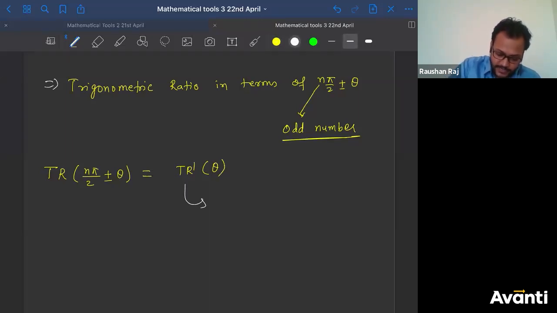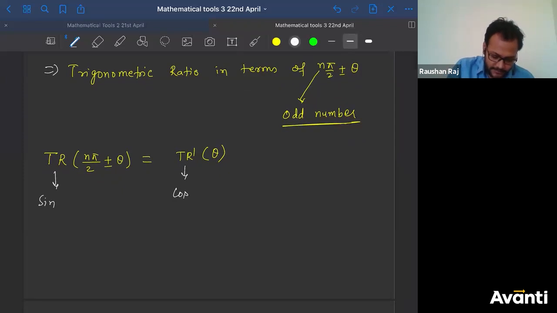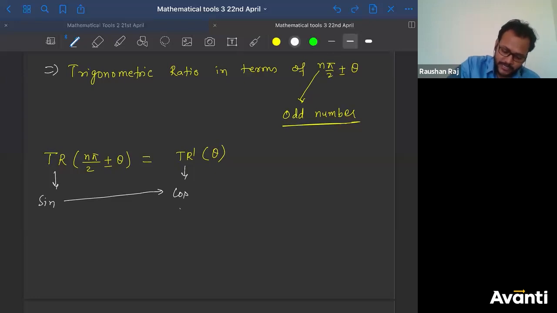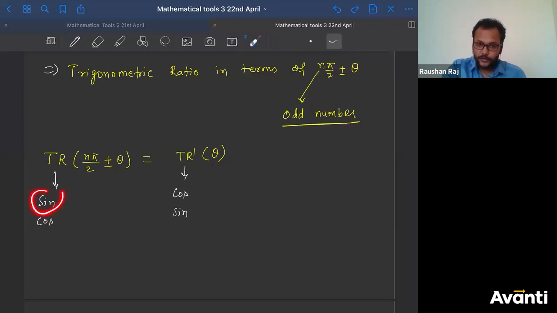If you are having, let me write it here. If you are having sine here, ठीक है? If you are having sine, this tr dash will be cos. ठीक है? Sine का क्या हो जाएगा? Cos. If you are having cos here, क्या हो जाएगा? Sine. तो क्या करने का? इधर इसको ऐसा इंटररिलेट कर देने का. Sine का cos होएगा, cos का sine होएगा. Let me write that individually only. ठीक है? If you are having sine here, if you are going to convert in terms of acute angle, sine will become cos. If you are having cos here, this cos will become sine.